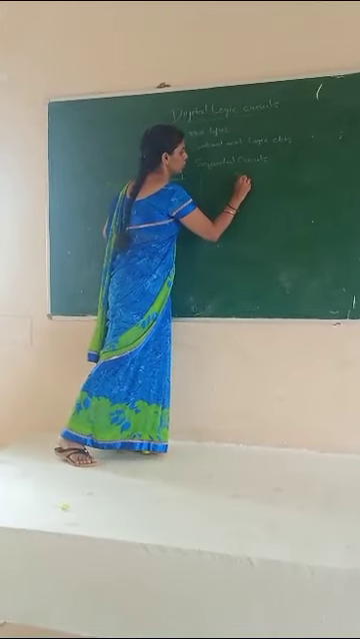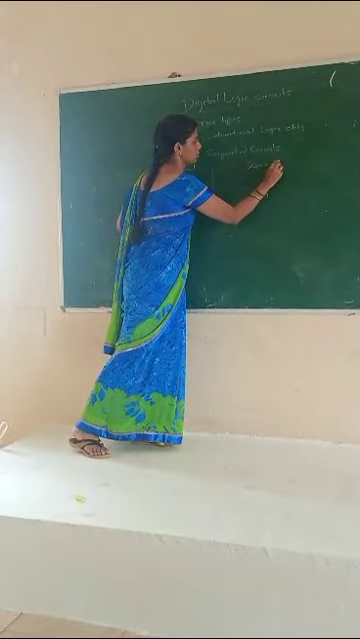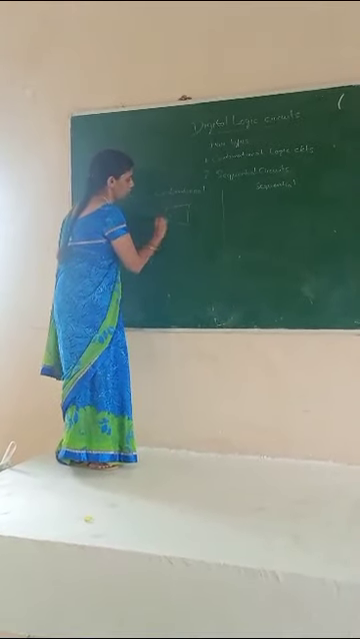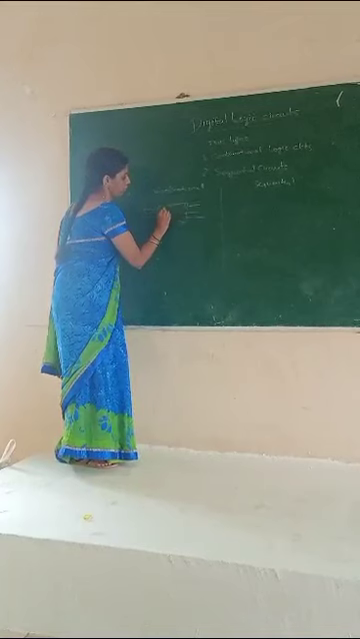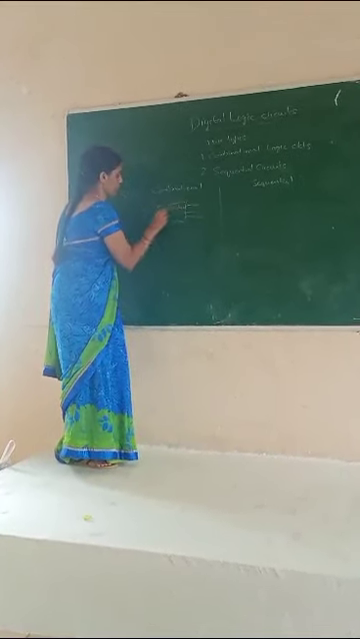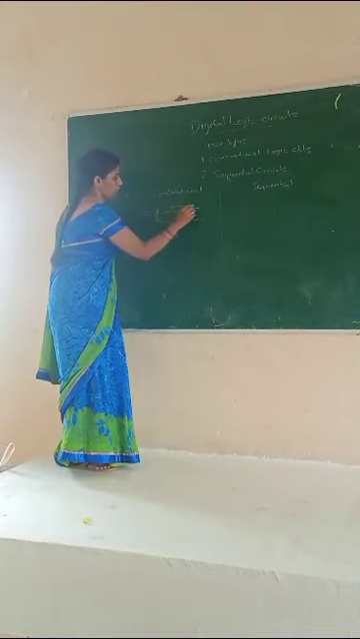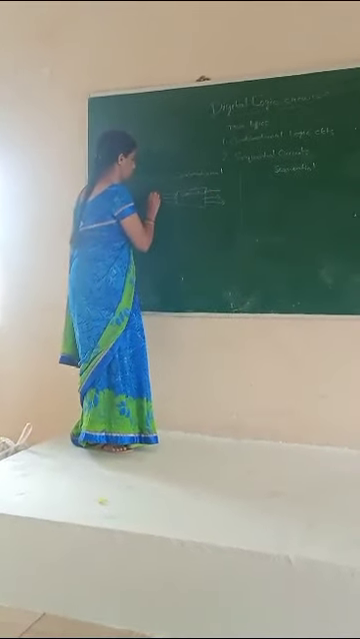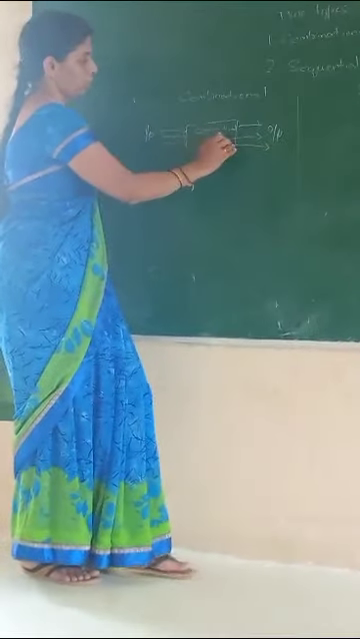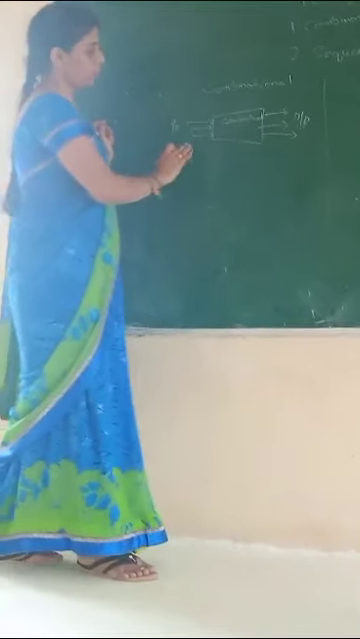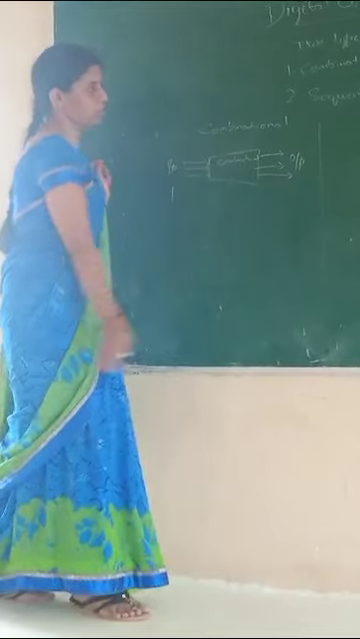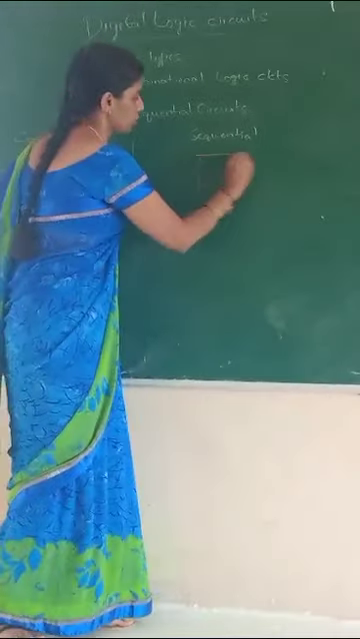These are combinational and these are sequential circuits. This is the diagram for combinational logic circuits. These are the input values and these are the output values. Here there is no feedback element. Here we use only input values to produce output values. Whereas in sequential circuits,